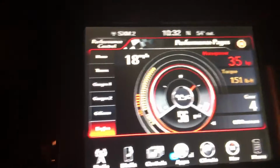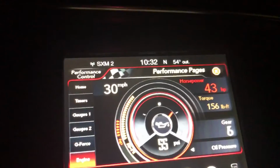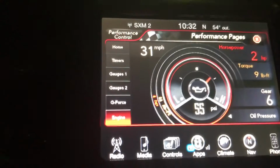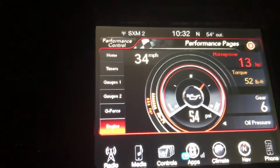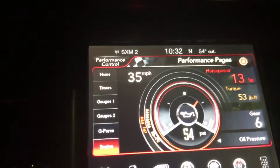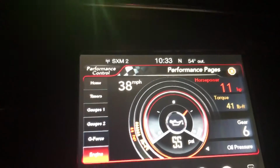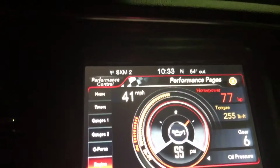So yeah, I'm just slowly but surely breaking her in, and I'm just really enjoying it more and more because it's just a great car. It's very satisfying to drive. It's very quick. I mean, the pedal really lets you let the car wind out. You get on the accelerator and it's gonna go, and it sounds really nice going. So let me give you a quick